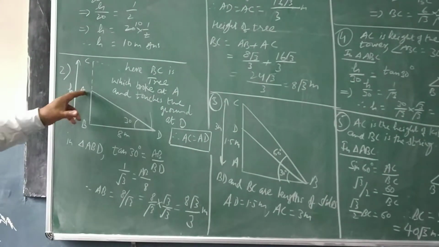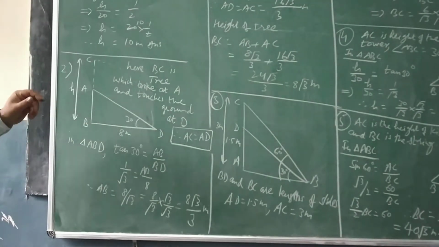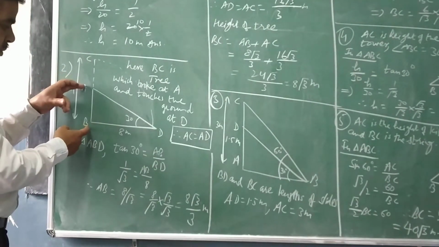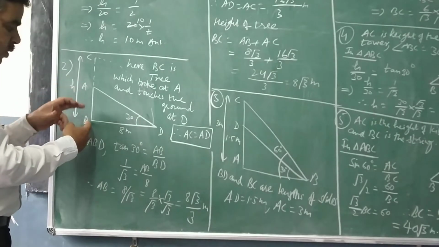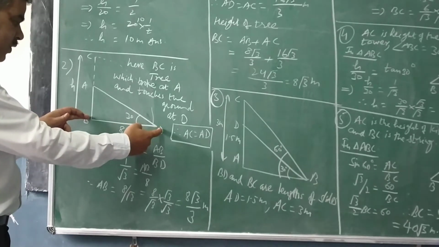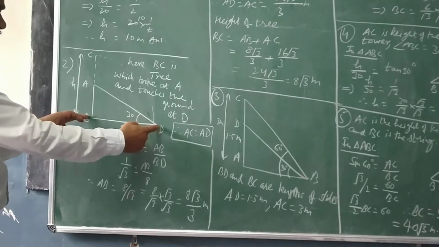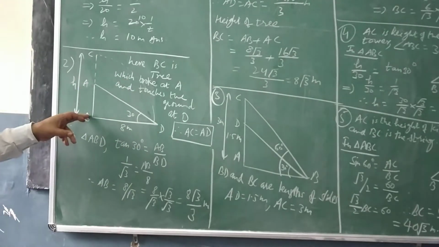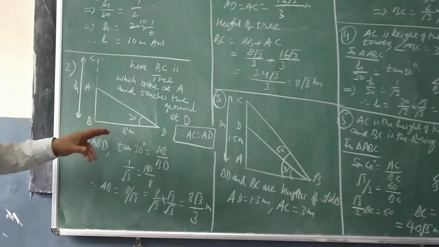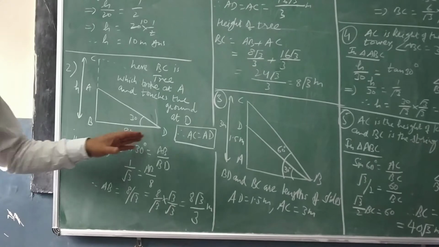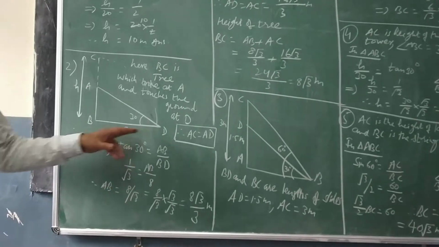So by studying this triangle now, again I am back to the triangle. I need to find the height, so AB I can directly calculate from this, because here this is the perpendicular and the distance from the foot of the tree to the point where it touches the ground is 8 meters. So this is the perpendicular, this is the base. The relationship between perpendicular and base is tangent. So AB upon BD is tan 30, which you know is 1 upon root 3. BD is given as 8.